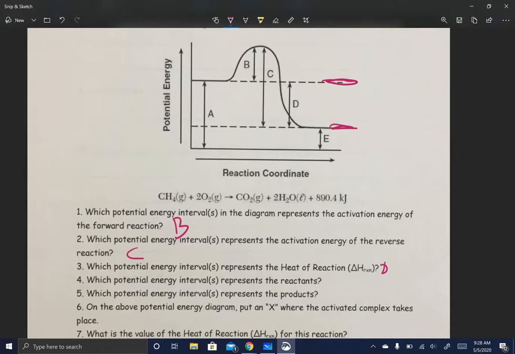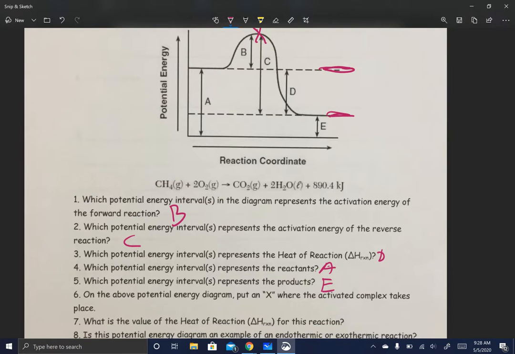Which represents the reactants, which potential energy interval? So A is reactants. E are products. That's not worded too well, but X where activated complex would be right at the top. What is the value of the heat of reaction? So the value is right here. And it's negative